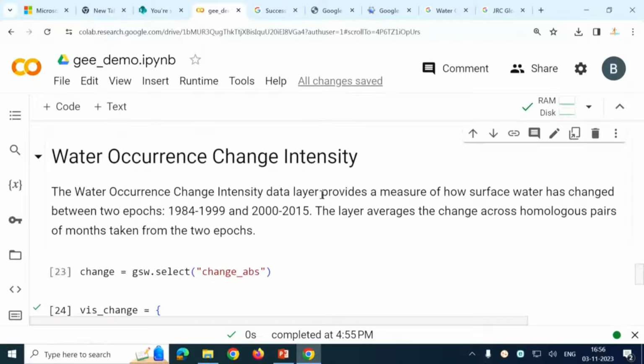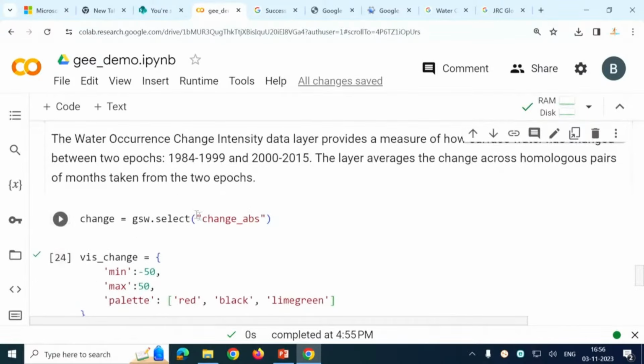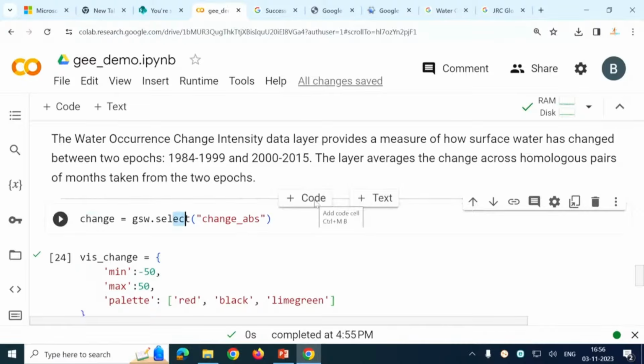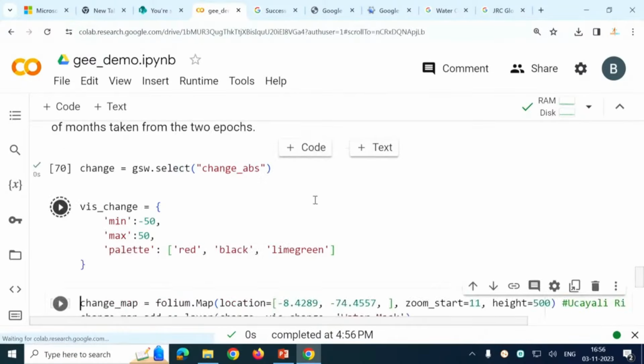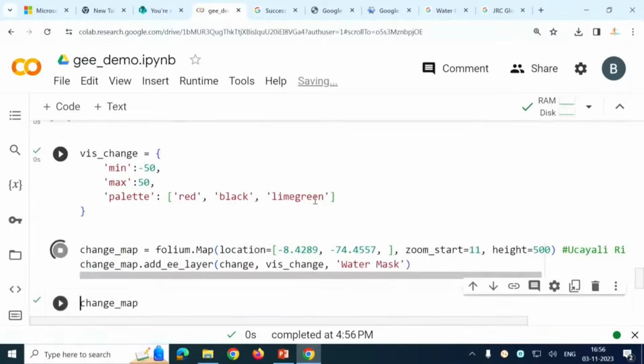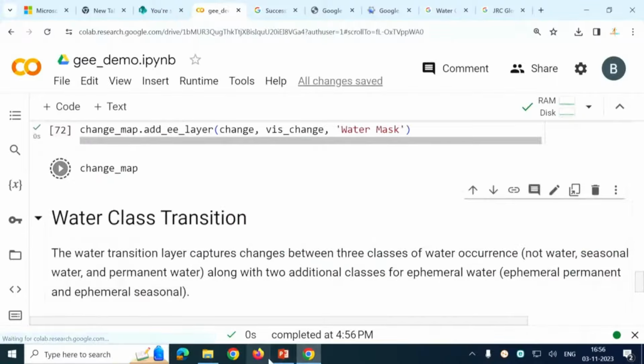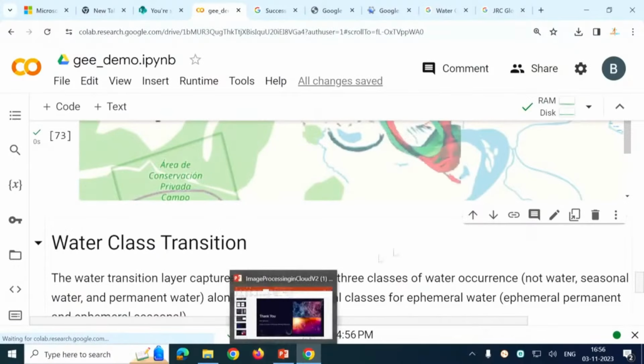The water occurrence change intensity layer provides the measure of how surface water has changed between two epochs, like how the water frequency has changed. For that, the name of the band is change absolute. Like change equal to GSW dot select change absolute. Then we are defining a visualization parameter, then creating a map and adding that change layer to the map. Now if you see the change map,